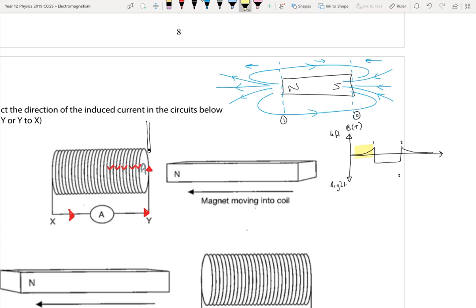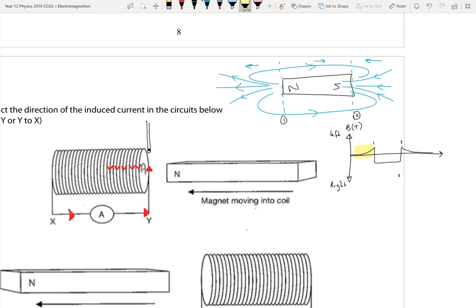So imagine I had a loop, and I brought the loop along the magnet. You say, well, in this region here, the field lines aren't really changing. The change is only really at the boundary, or as the boundary is approaching it. Okay? So they may throw in a nasty question that asks you to sketch everything as it passes through in its entirety. Well, things would be a little bit nasty